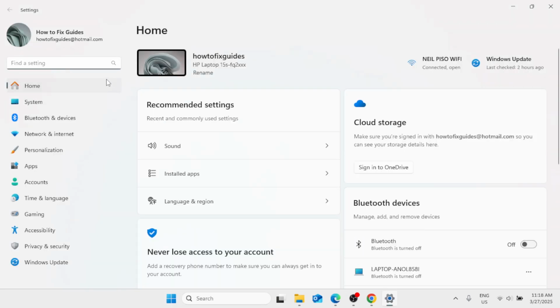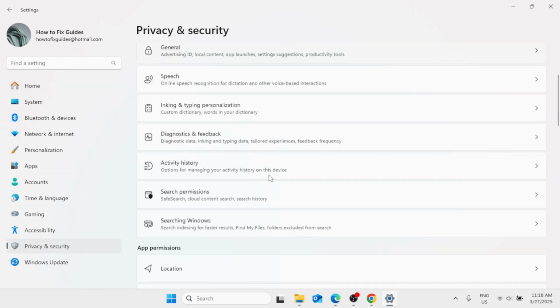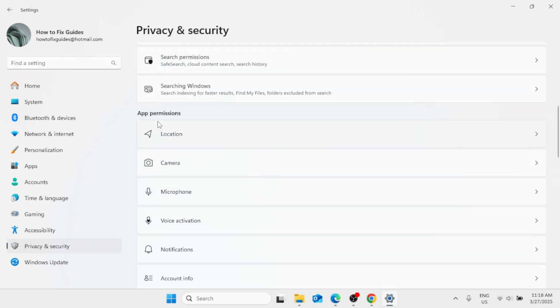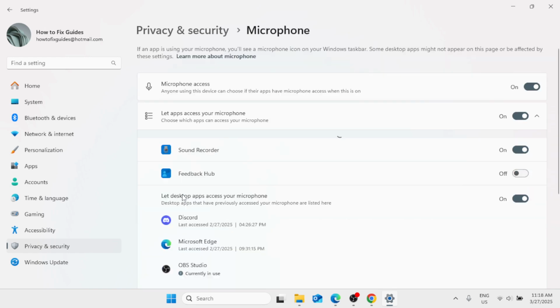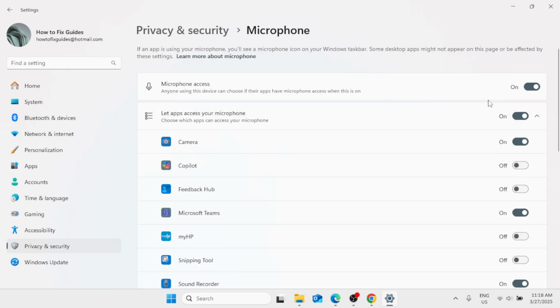Now here in the list of options on the left pane, you will find privacy and security. Scroll down and you will find microphone under app permissions. Click on microphone. Now make sure that microphone access is enabled. Anyone using this device can choose if their apps have microphone access when this is on. So if this is turned off,